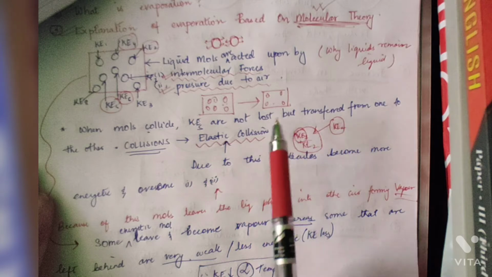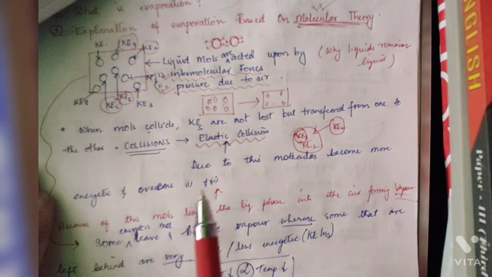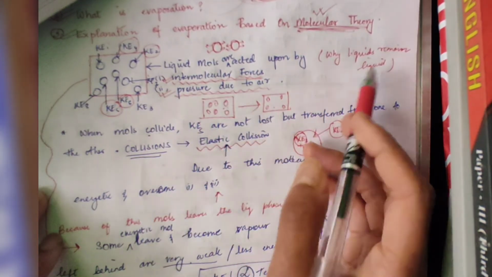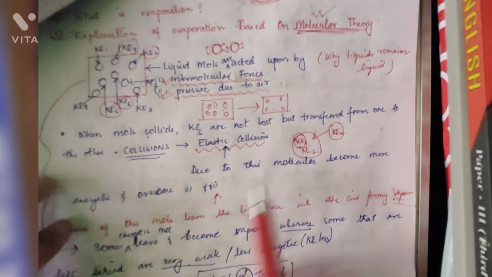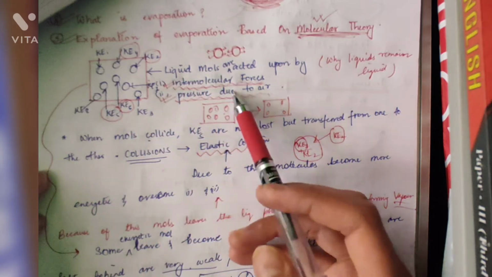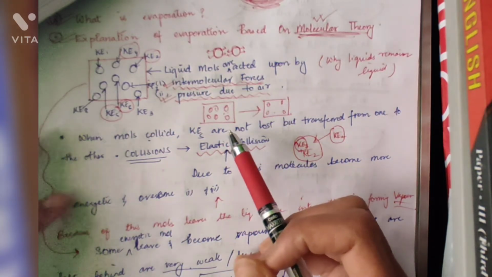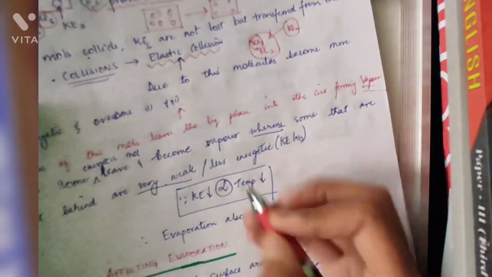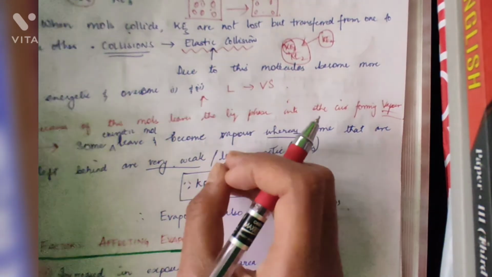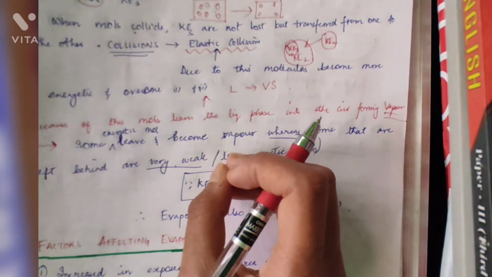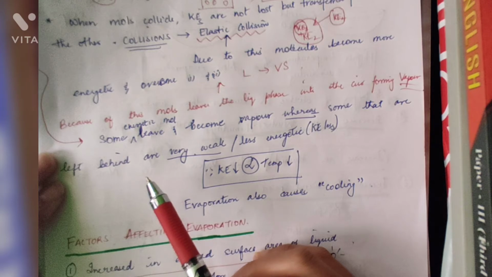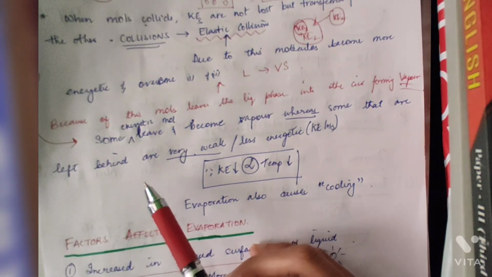So because these molecules are becoming more energized now, they overcome these two forces. Do you see? These two forces hold the liquid in the liquid state. But because they have more energy now, they overcome these two forces. Understand? They overcame these two forces and they move on to the next phase. Okay, so from liquid it changes to vapor state. Why does it change? Because of collision, and because of collision the kinetic energies get transferred from one molecule to the other, and due to this molecular collision, they have more energy.